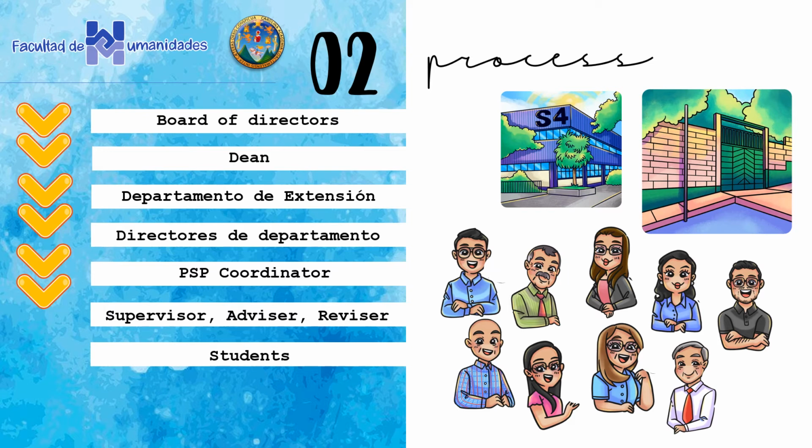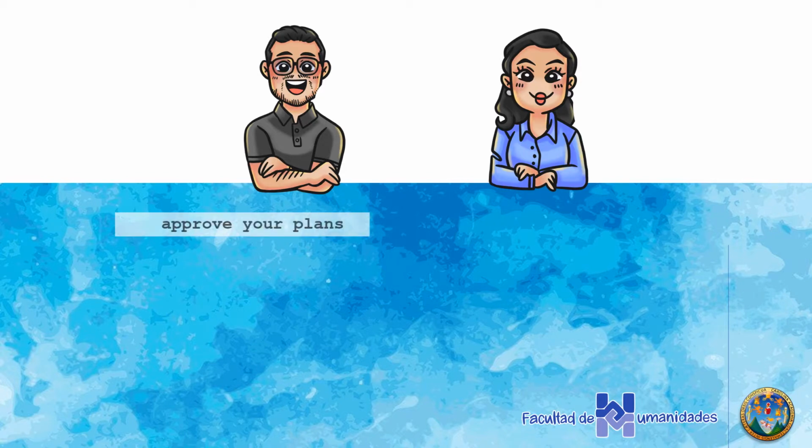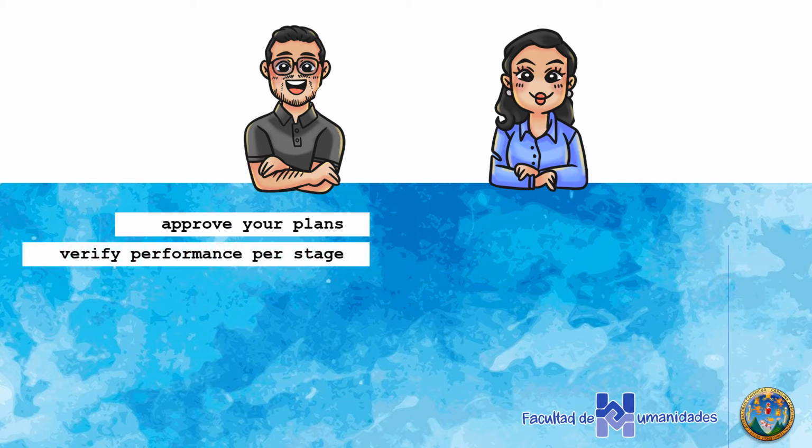It's important to mention advisors and revisors can be only appointed according to their department. Here are the functions. The advisor is in charge of asking you for the constancia propedéutica, which shouldn't be older than a year. Approve your plans and verify they are performed for each of the stages to have a record